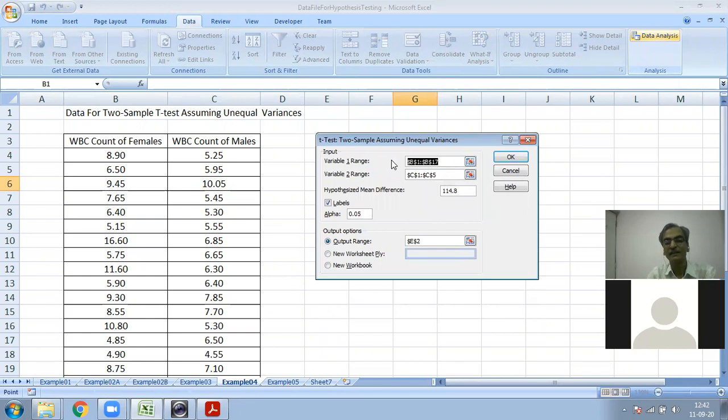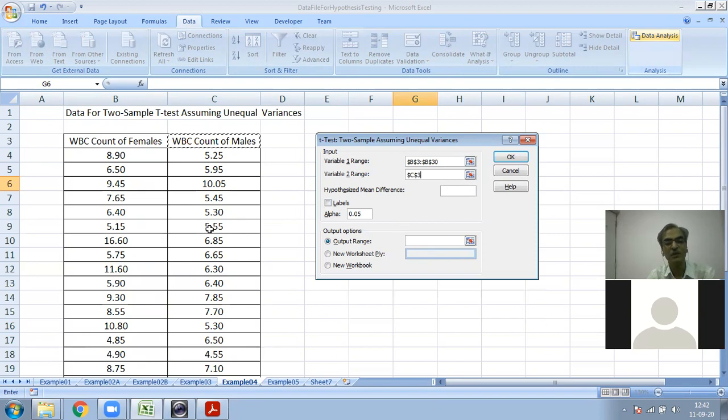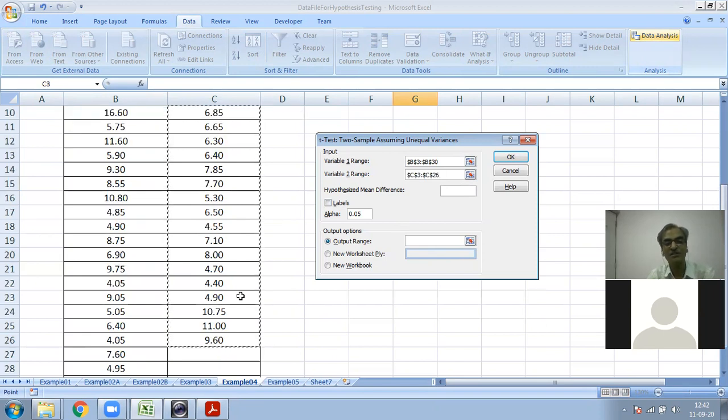Then select the range here. I have already selected this, so it shows the previous values. Specify the range here, that is, the WBC count, the entire range along with the label, then the range for the second variable, WBC count for male.